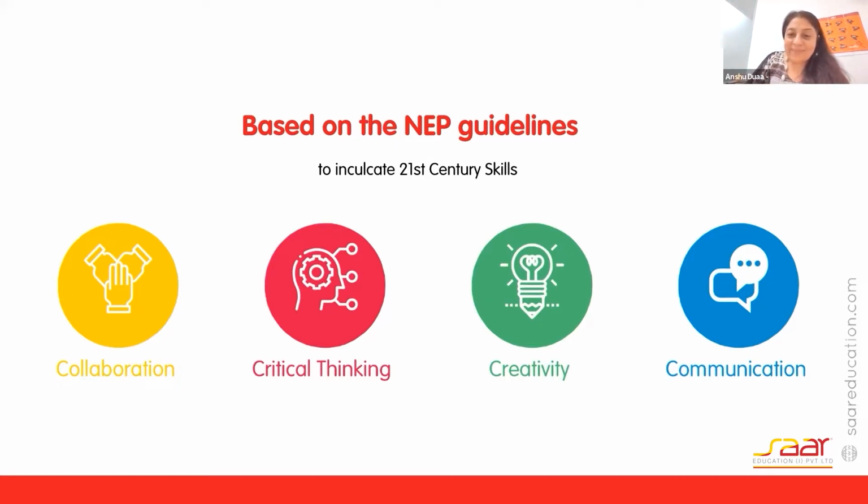One is the first one, what do we see? We see collaboration. Then we see critical thinking, we see creativity, and we see communication, the 4 C's. Communication is being able to talk with someone and listen to what they say. We are thinking out of the box, coming up with new ideas, that is creativity. We are able to make judicious